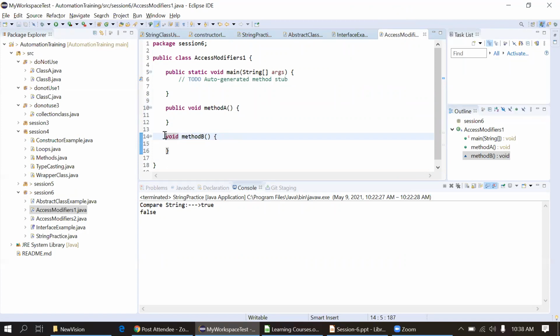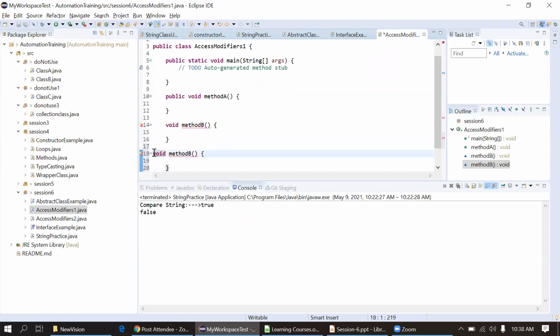So this is the default one. We are not providing any keyword here. Now go for the protected and then private.